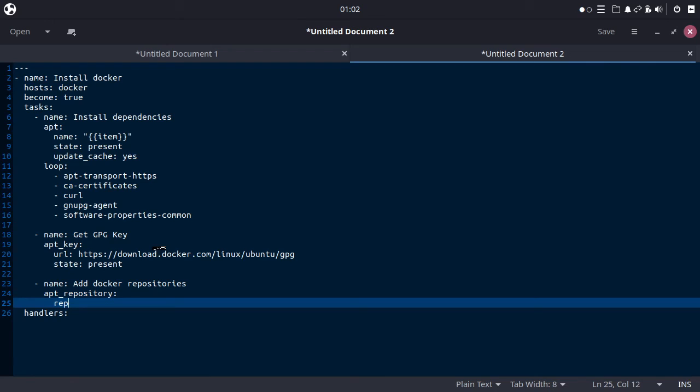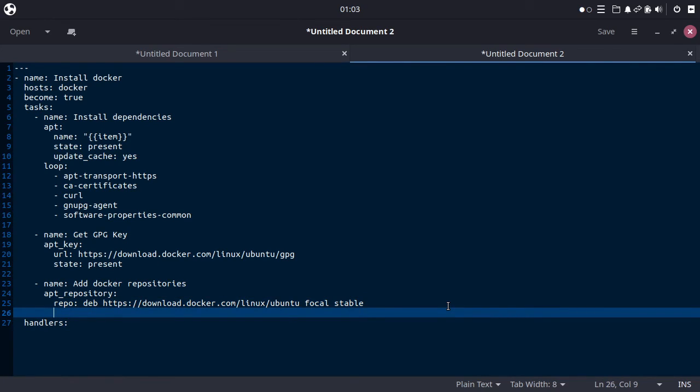Repo. And then we need to define the state.